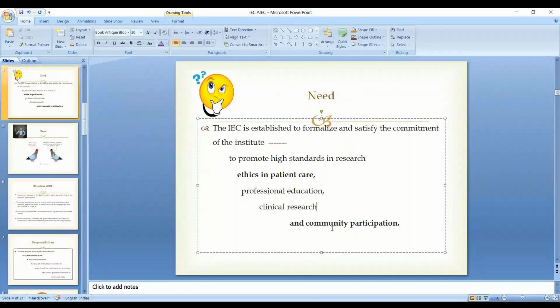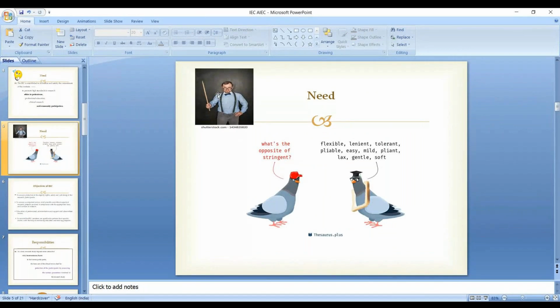So if I am not stringent, being the IEC secretary, I am working as IEC secretary here. If I am not stringent enough, I am not like that. छड़ी लेके तो नहीं बैठती हूँ मैं, but I should be stringent enough to judge what is correct and what is incorrect. It is not only my duty. There are so many participants under the IEC who have their own vision. They have their own perception regarding one protocol. हर कोई अपनी अपनी तरह से सोचेगा.